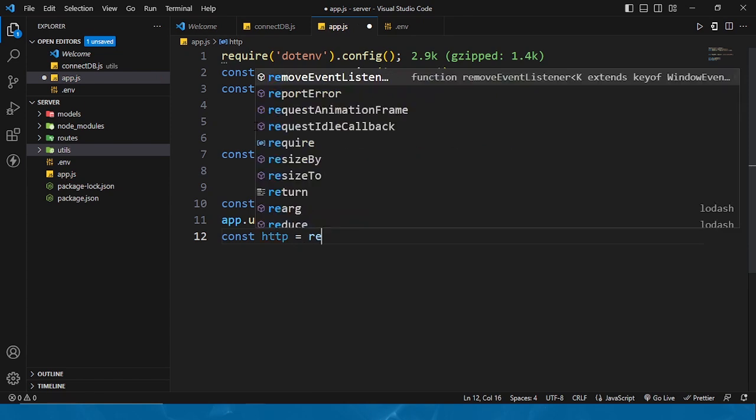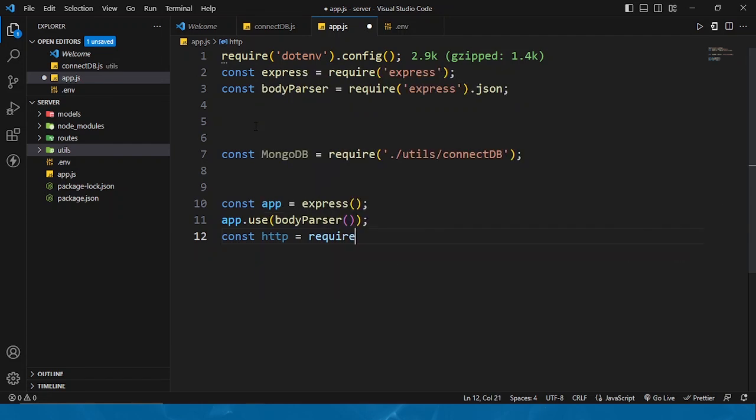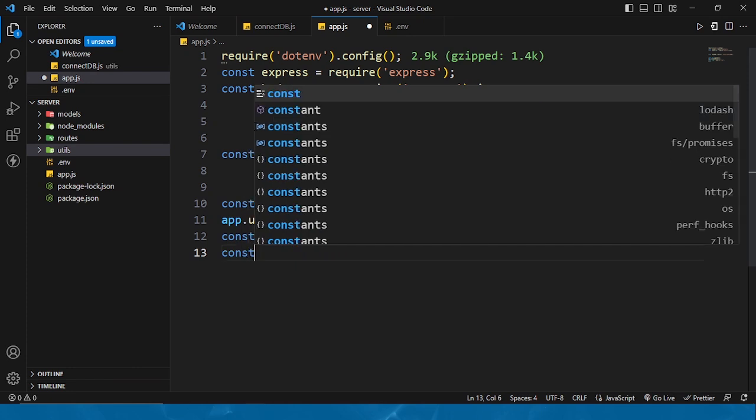I'll create a separate video which will explain everything, but for now just follow it. So require, and I'm going to use our HTTP package. So HTTP, and below it I'm going to